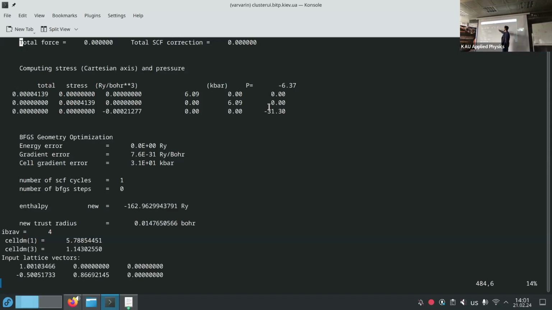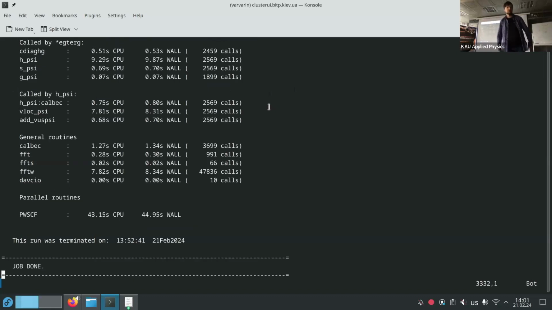So what does the minus mean? It means that it was too high. So the distance, the difference in the c direction, was too high and it should shrink. And it happened. So you see it was like 1.15 and in the end you got 1.12. So now you can fill the SCF file.